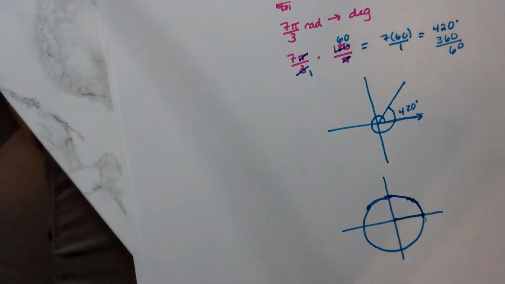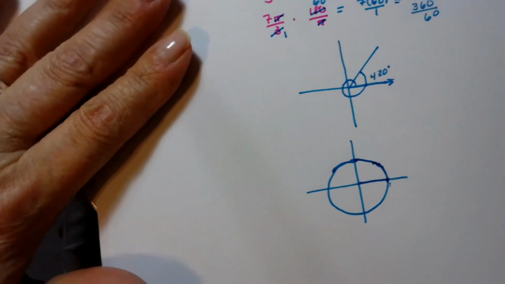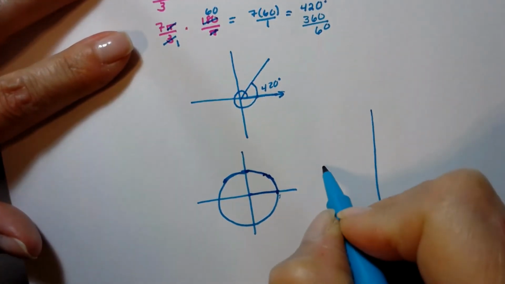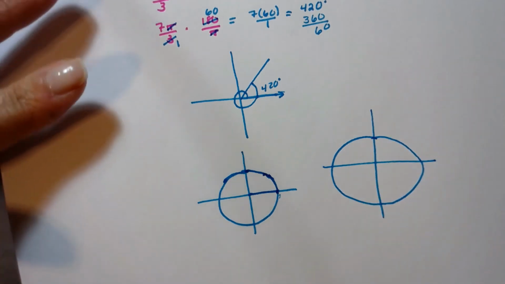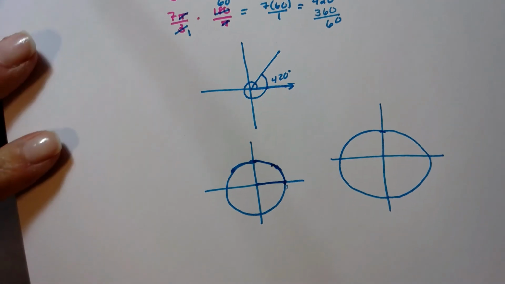Let me see what else was in here. Oh yeah, the arc length. So every circle, you can find the arc length of a circle. Okay. So let me draw a circle. Bad circle. The arc length of a circle,